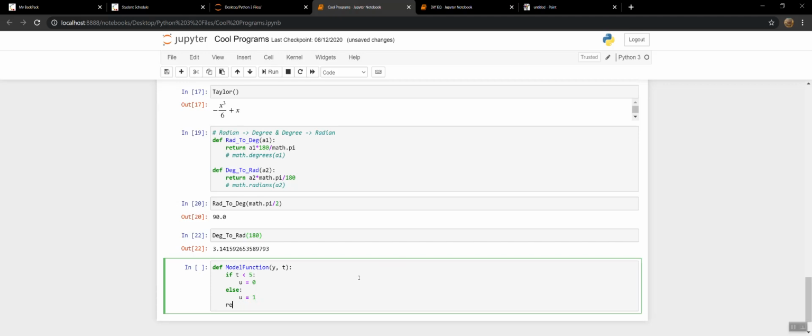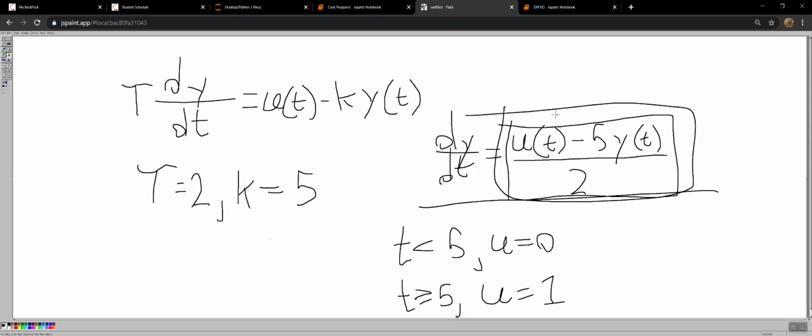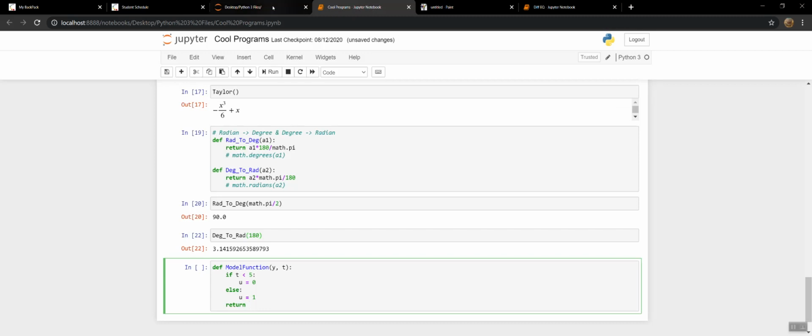And now we just return our function. That should simply be, well, this here, or we're focusing on this. And since we haven't defined these as functions, we're just going to have u and y, and that's why we have our input t, because they're all in terms of t, right? T is, in this case, the independent variable, and y and u are the dependent variables. Okay, all over 2,